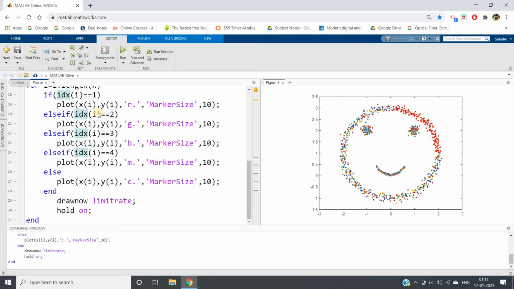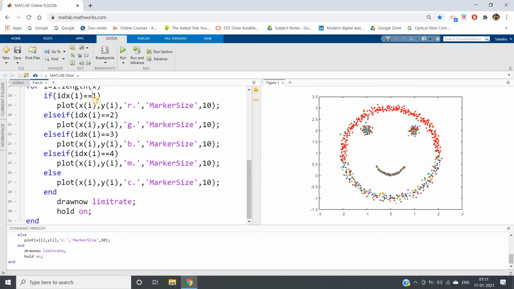The red points are used for index 1, so the index 1 cluster has started forming, which is taking the facial part. Let's wait for some time, because the dataset is not very small. I am using MATLAB Online, so it is not that dependent on our local machine configuration. Hopefully it will complete its simulation soon.